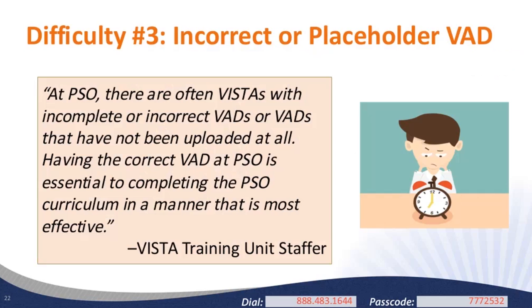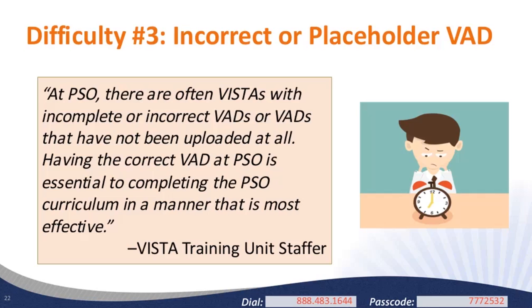So it's important to have a job description or a VAD developed before you start recruiting, so that you can tailor your recruitment and opportunity listings in the best possible way to get the best qualified candidates and applicants, I should say. But we do know that the e-grant system, as well as other factors, are not always conducive to getting a VAD developed before you can start recruiting. We know that there are certain delays in recruitment that can be caused because of the VAD.